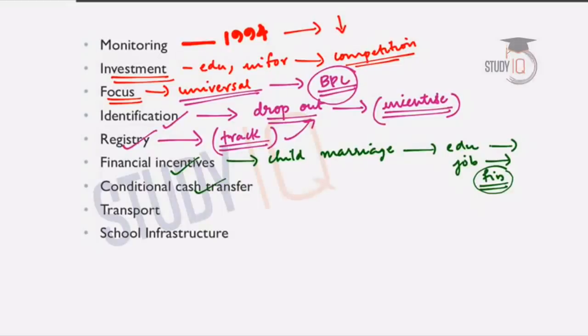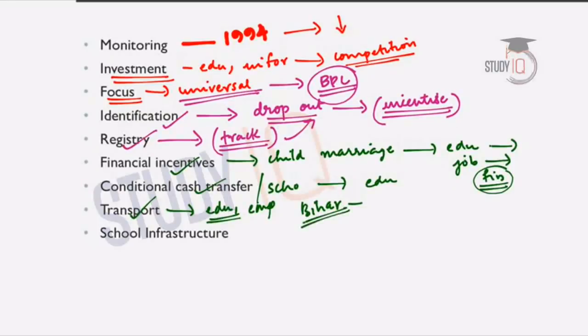And conditional cash transfers or scholarships can be provided to promote girls' education. For example, Kanya Shri Prakalpa is a scholarship scheme, and the government should also ensure there are safe transport options for girls in order to undertake education and employment. For example, the Bihar state government has a cycle distribution scheme to promote education for girls, and also better public transportation, last mile connectivity, etc. will ensure more women participate in the labor force.